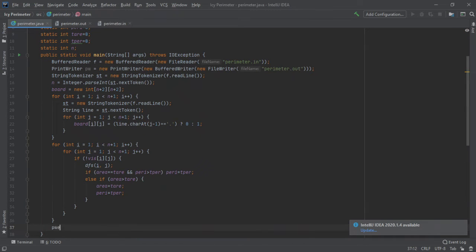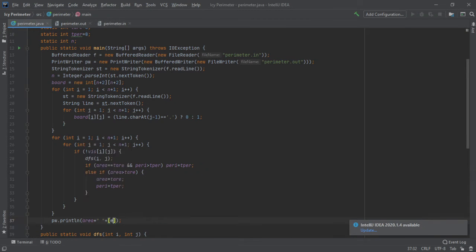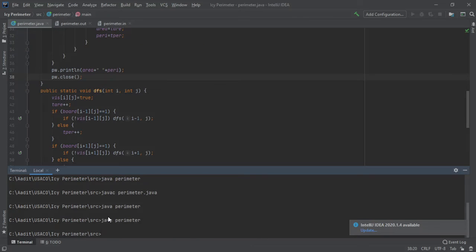And finally, we want to pw.println of, we'd want to print out the area plus a space plus the perimeter. And we want to close, pw.close. And that's it. And now we can open up the terminal and